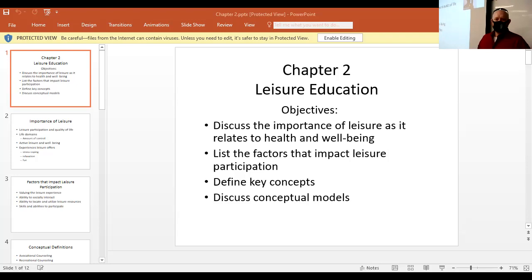Some of the experiences that we can offer in leisure are stress coping. A lot of our patients are going to have stresses. They may be very different, and that plays into where we talked about individual program planning. Everybody's going to be different. Everybody's going to have different stressors in their life. For somebody, it may be drugs and alcohol. For somebody, it may be problems at home. For somebody, it may be money problems. For somebody, it may be depression. I mean, everybody has different things that they need to be able to cope with.